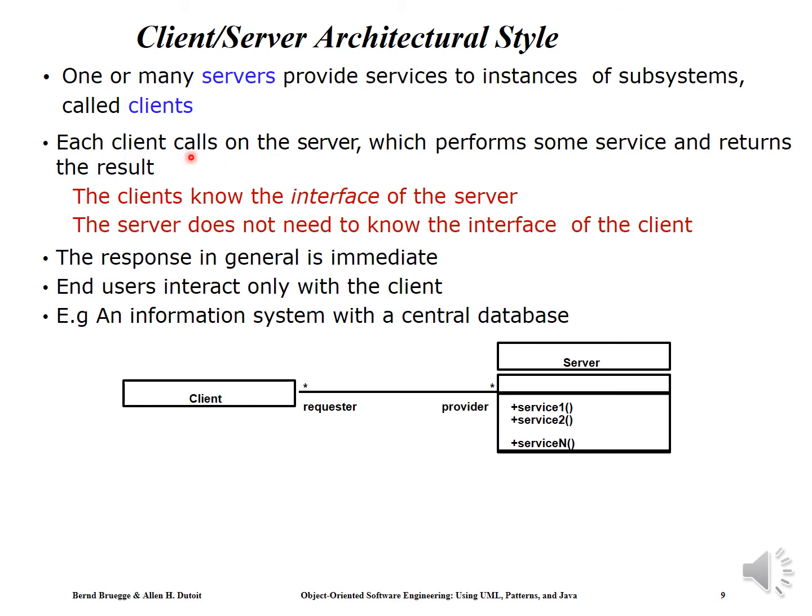Each client calls on the server, which performs some service requested by the client and returns the result. But the client knows the interface of the server, but the server doesn't know the interface of the client. So the end user interacts only with the client subsystem. An example of client server architecture style is the information system with a central database in which the clients